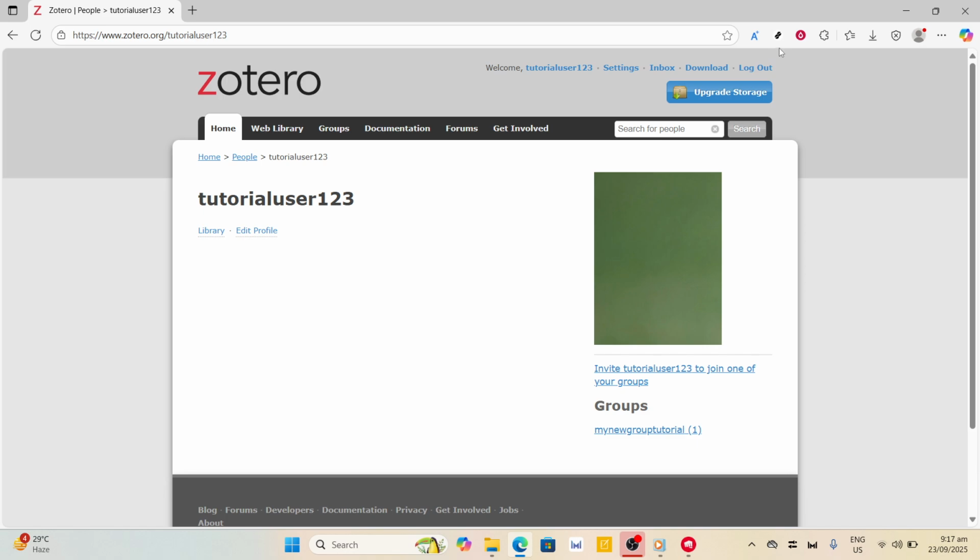Once you are on your profile page, you'll need to shift your focus to the address bar at the top of your browser. This is where the magic happens. The URL you see is unique to your account and contains a series of numbers at the end, which may look something like this: